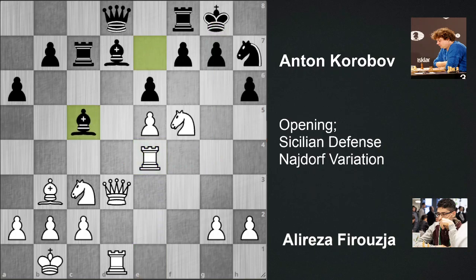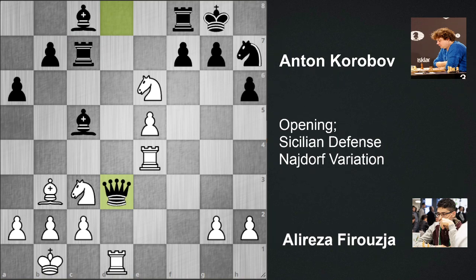Bishop c5 was played, and knight g3. Now the game roundabout becomes equal. Instead of here, it was better to try the move knight d4 here. Knight d4. After that, bishop c8, knight into pawn, queen into queen,